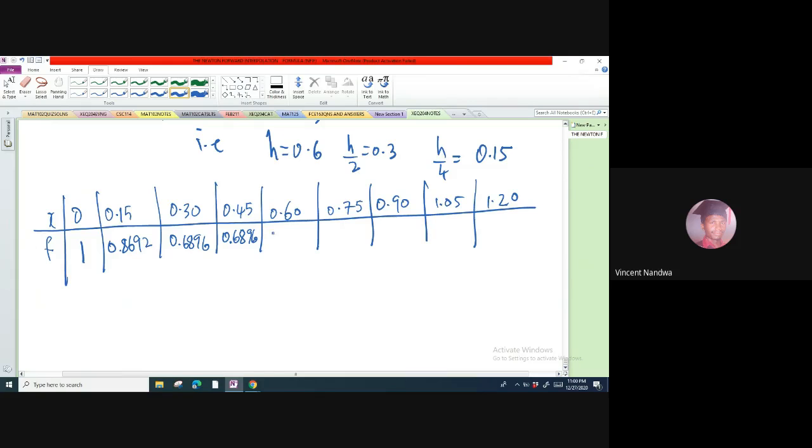And then 0.6250, 0.5714, 0.5263, 0.4878, 0.4545. So using now the trapezoidal rule,